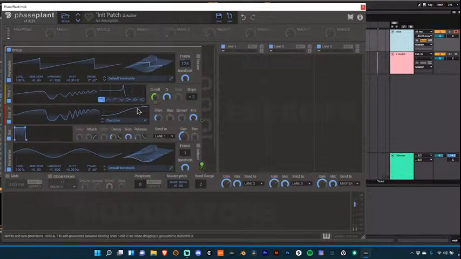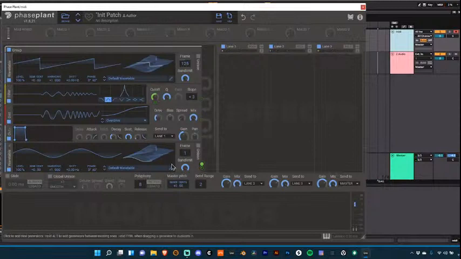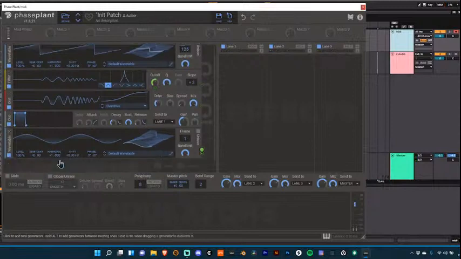You can listen to it with the Bandpass. And if I start to change the pitch like I would if I were doing FM synthesis,